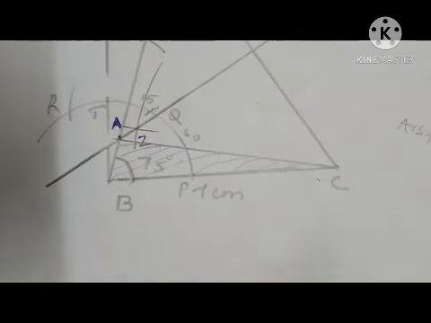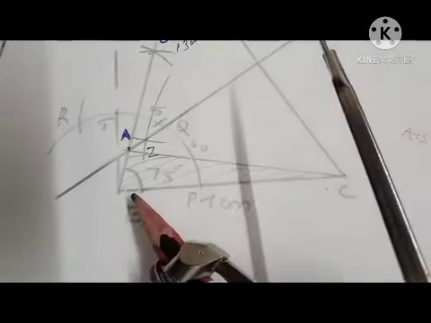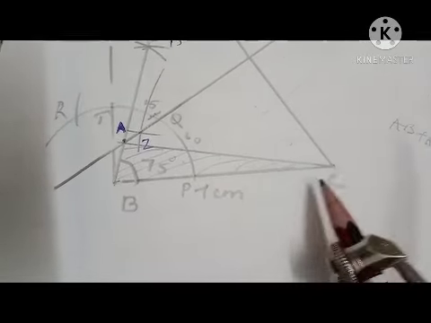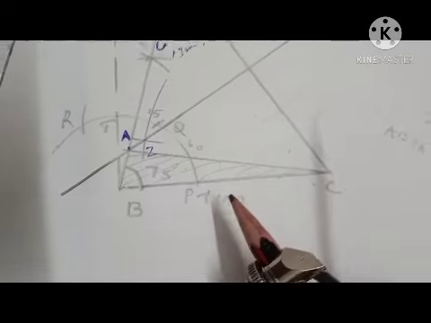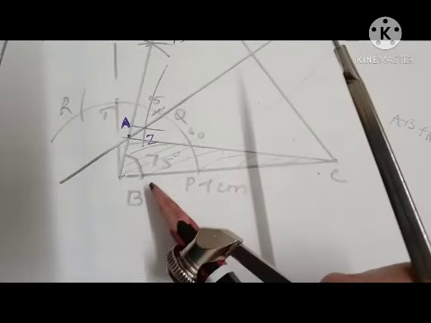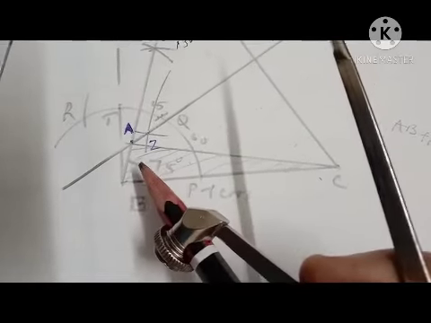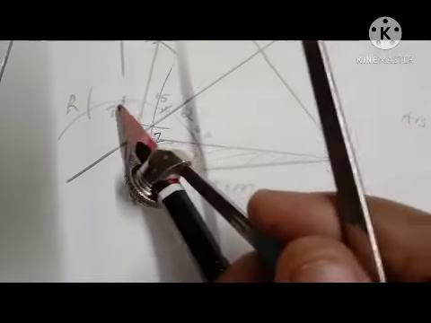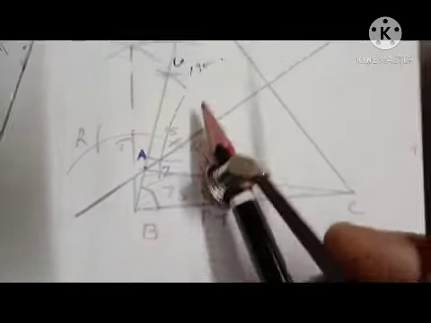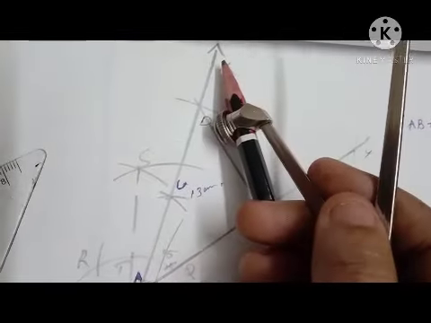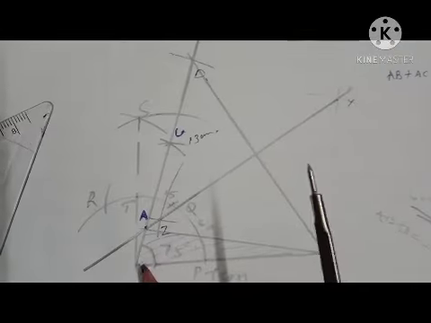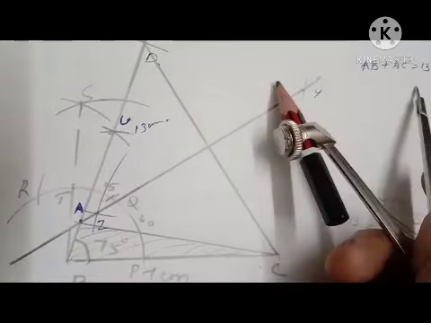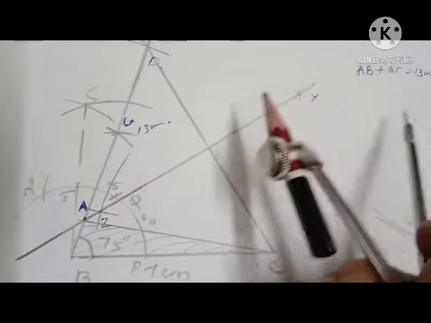Okay. I will say once more. First we have to draw the base line, that is BC, by using ruler. Then we have to get angle B 75 degree. That construction we already discussed in the last session. Okay. So in that way we construct 75 degree. That is this angle line BX. Then on this angle line I want to mark sum of other two sides, AB plus AC 13 centimeter.